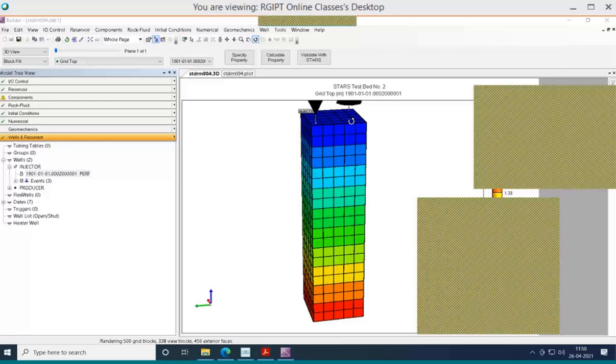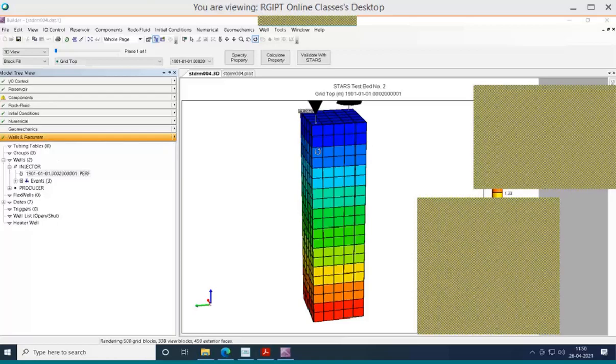So after this, you must be able to do the steam flooding as well as in situ combustion. The only thing is that in steam flooding, instead of air and water, etc., we will be injecting steam, and we don't need to specify any reactions in steam flooding. And also, let us say if you want to simulate the SAGD, how you can do that?